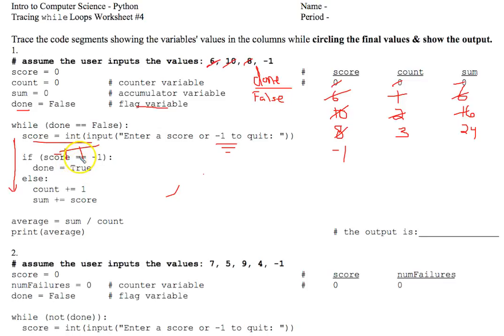So because that's true, we do for the first time execute the line of code that's part of the if, the indented code that's right under the word if. In other words, we cross this False out and make it a True, with a capital T, by the way. We do not execute the else clause. That's just the way if-else works. It's one or the other, never both. But we do have to loop back up to the top of the while loop,